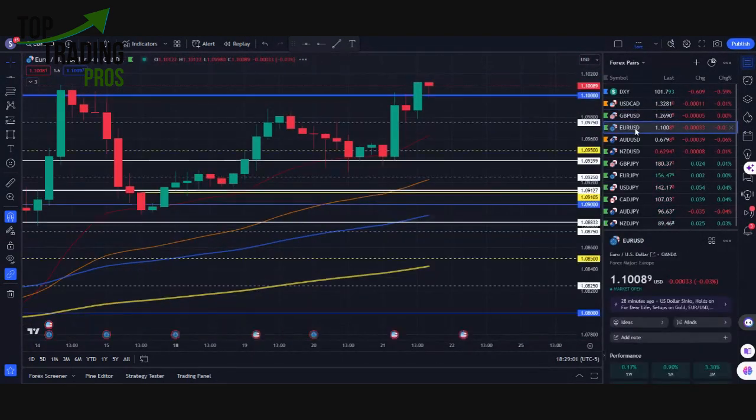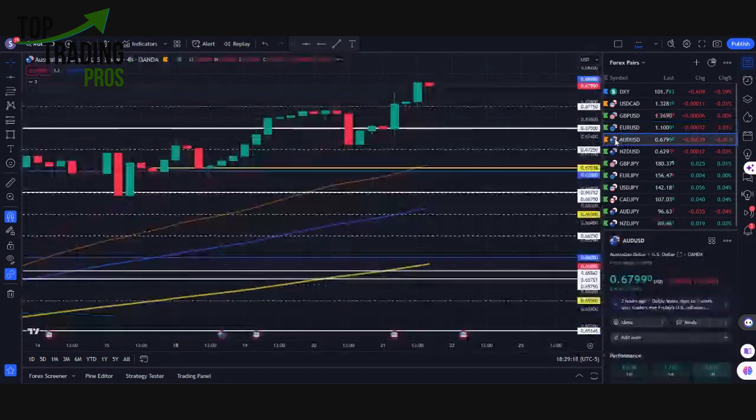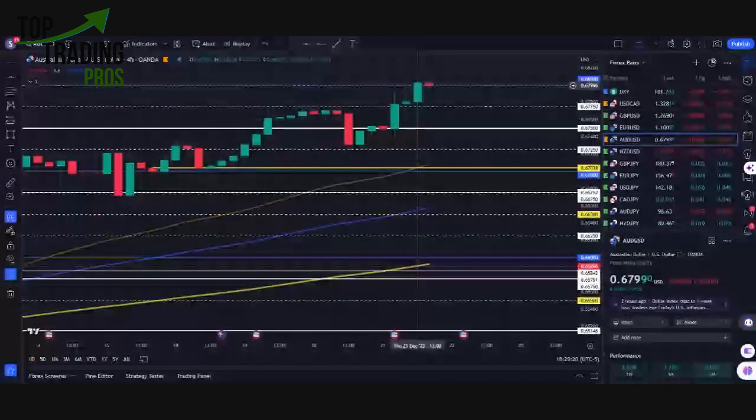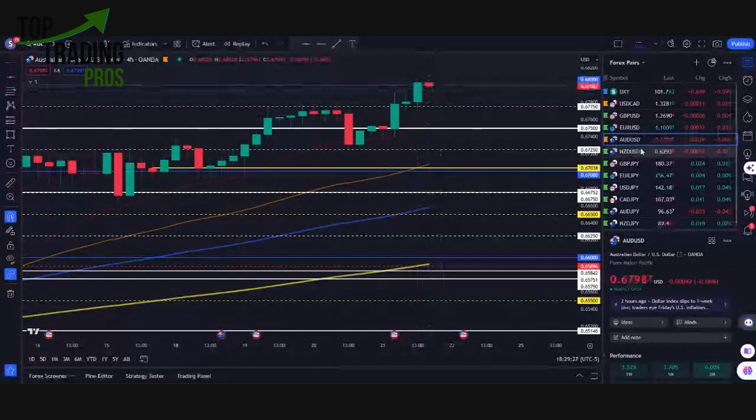For the EU idea, again, recaptured, and we talked about needing the close above 110. So we're looking for that close, and then securing that, looking for the hold next above the major quarter 110 level. For the AU idea, again, we ended up getting the 68-cent level here, but we haven't gotten the close, so we're looking for that to secure.